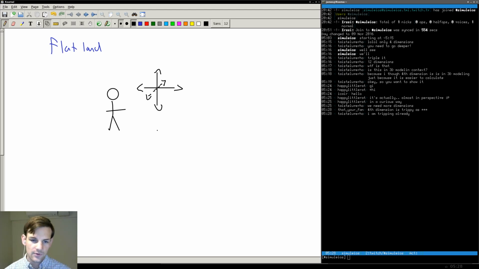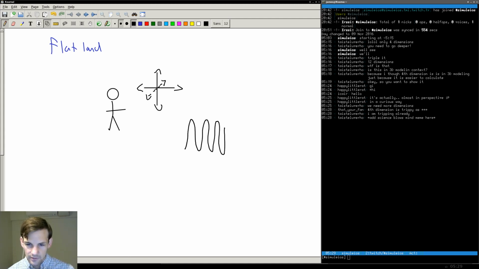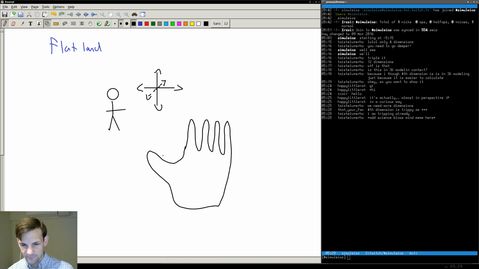For example, if we put our hand on this particular scene, we'll see something that looks like this, right? So here's our four fingers, here's our thumb, but our hand is a 3D object. Wow, that was a very bad hand. Let's pretend it's a turkey. Anyway, point is, if we put anything into this